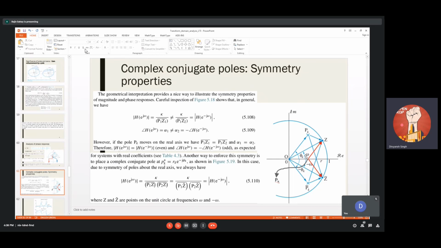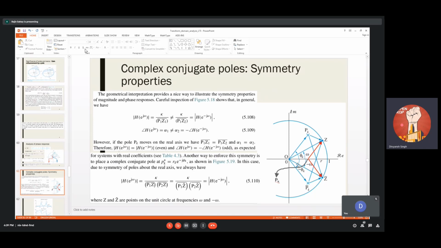Can you see? Now you see this angle, this is alpha 1. Similarly, you have pkz2 on this side, the second arrow, and oz2 is this vector. Then this will be the angle alpha 2. That means alpha 1 is equal to alpha 2. So this is the bisector of this angle.